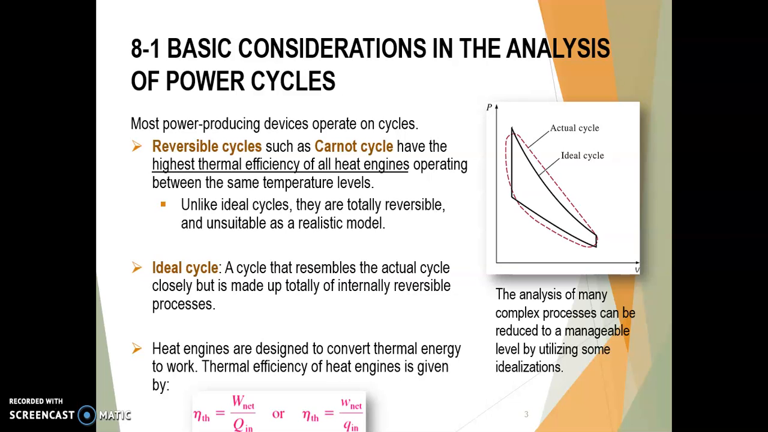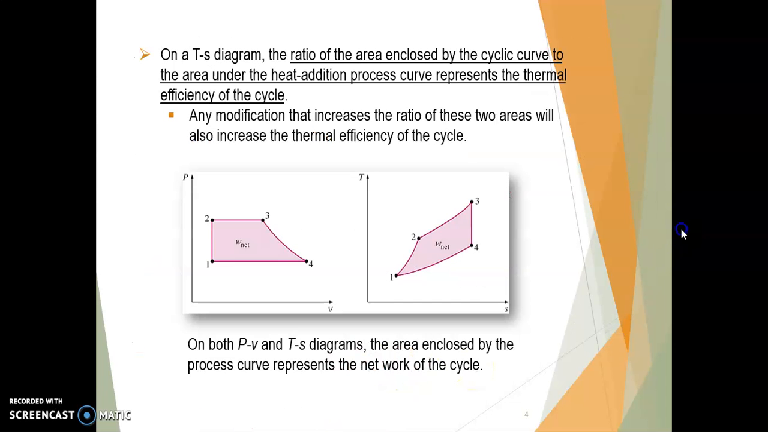So the ideal cycle is a cycle that closely resembles the actual cycle, but it is made up of totally internally reversible processes, where the efficiency is related to W net over the heat in, or it could be divided by the mass of each part. Usually we have four processes, or four points, that will be